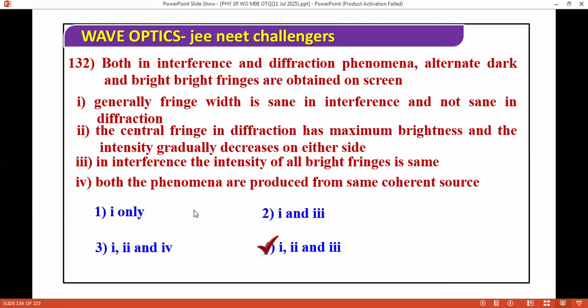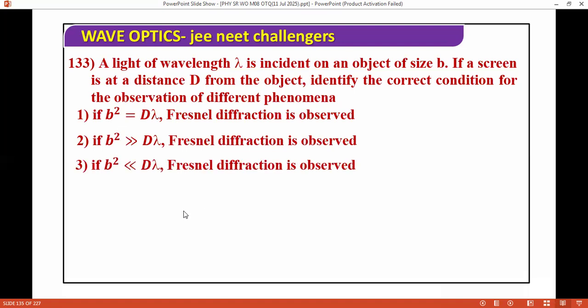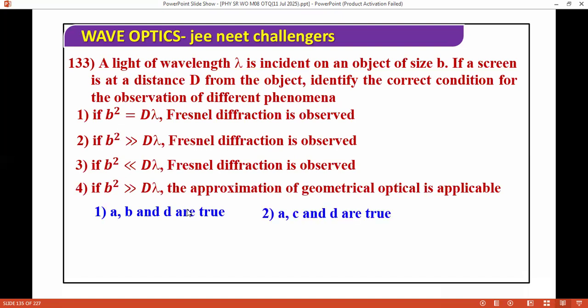Next question: light of wavelength lambda is incident on an object of size b. If a screen is at a distance D from the object, identify the correct condition for the observation of the different phenomena. The options: b squared equals D lambda, Fresnel diffraction is observed; b squared greater than D lambda, Fraunhofer diffraction is observed. The correct answer for this question becomes A, C, and D. B squared equals D lambda, Fresnel diffraction is observed. B squared less than D lambda, Fresnel diffraction is observed. And if you come to part number four, b squared is greater than D lambda,